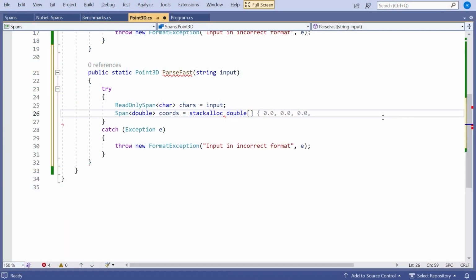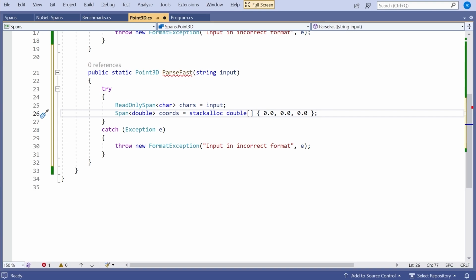So when you do a normal array on the heap, if it's an array of doubles, each one of those is guaranteed to be initialized to 0.0. But with stack alloc, although it very often happens they are initialized, according to the documentation, it's not guaranteed, and therefore we shouldn't assume it. So better thing to do is just initialize these to 0, 0, 0. That will give us an empty set of 3 coordinates.